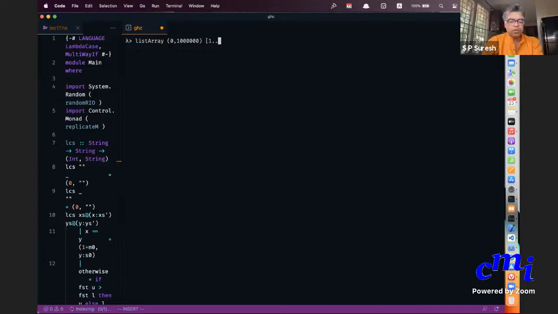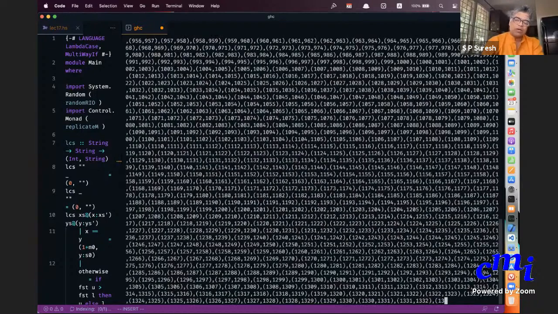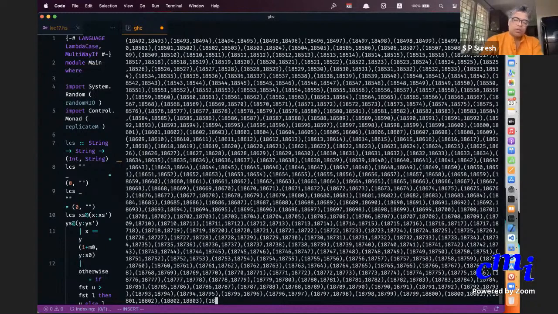Oh, it actually tries to show all the elements. So I should say let arr equal, and give some ridiculously large number.